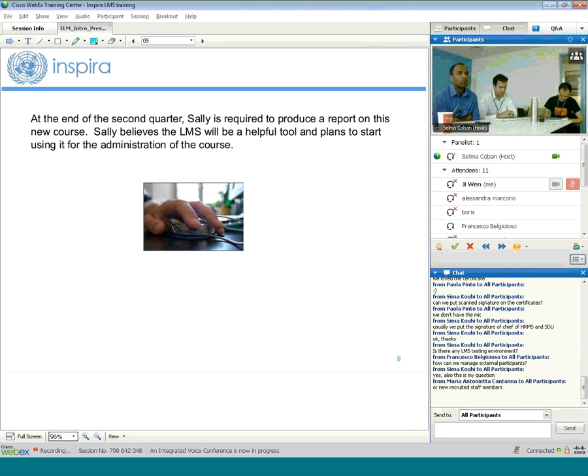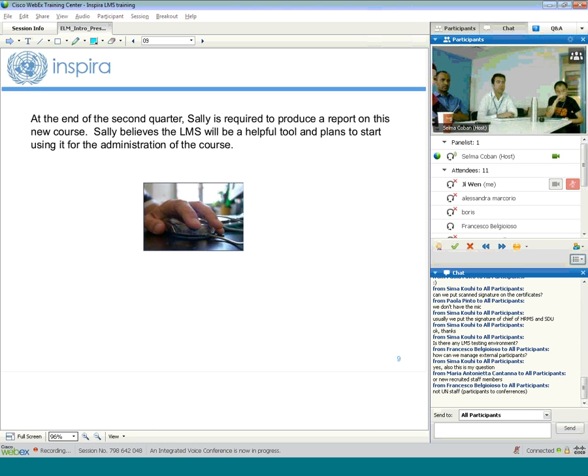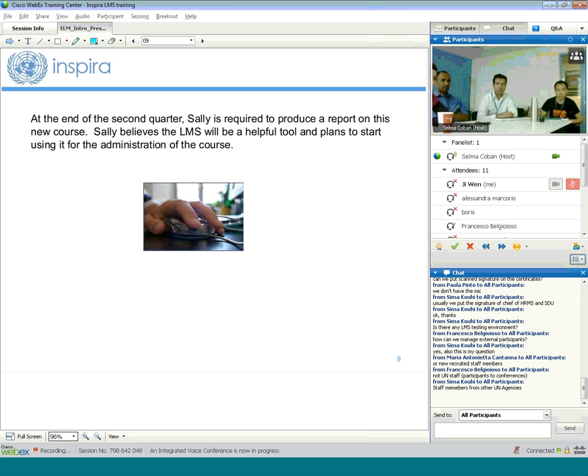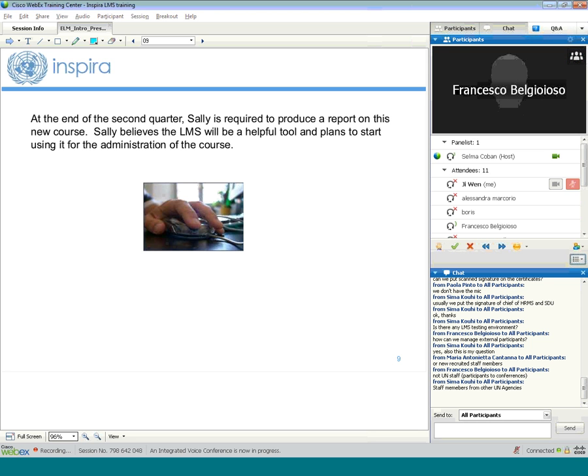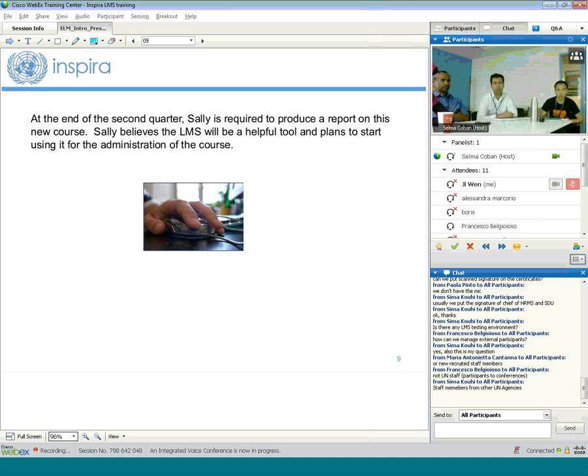Can I answer? Yes. There are 2 ways for this. One way is that you manually enroll them, and the second way is that they submit a ticket to the Inspira support team and request access to your learning environment. That's for new staff. When they join your learning environment, they're probably not configured yet, but they can submit a ticket, and it happens really fast.